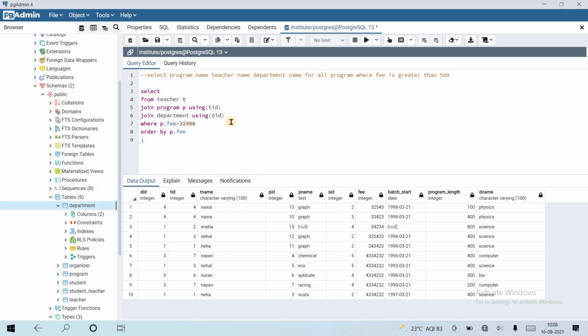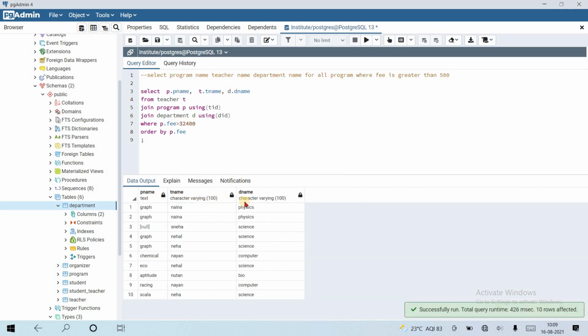So control v, comma, department alias is, oh, we haven't specified any alias to department, alias is d. So d dot d name. Now let's run the query. Yes, p name, t name, d name where p is greater than 500. That's it. Okay, so we have done it.